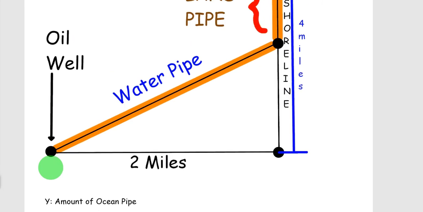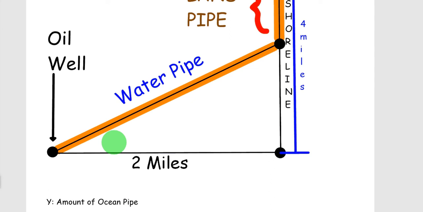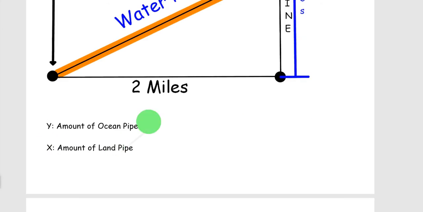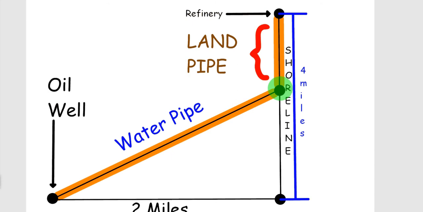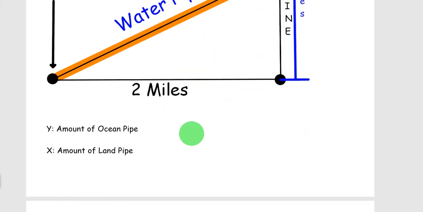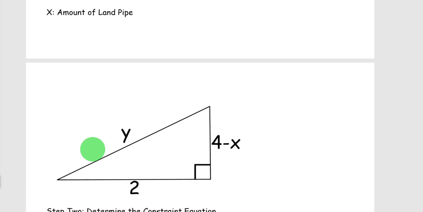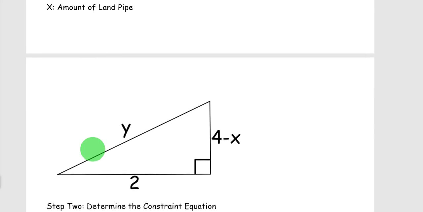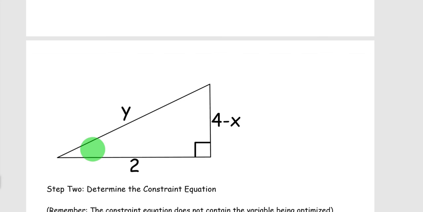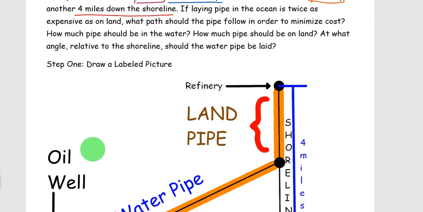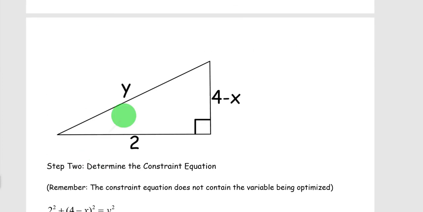Now it's going to be in terms of miles, so just keep that in mind for your units. I'm also going to have X, the amount of land pipe that I'm going to lay, this orange right here. It could be anywhere from 0 to 4 miles. Okay, so those are units. And basically, when we draw a picture for that, we can see that it's going to be this kind of